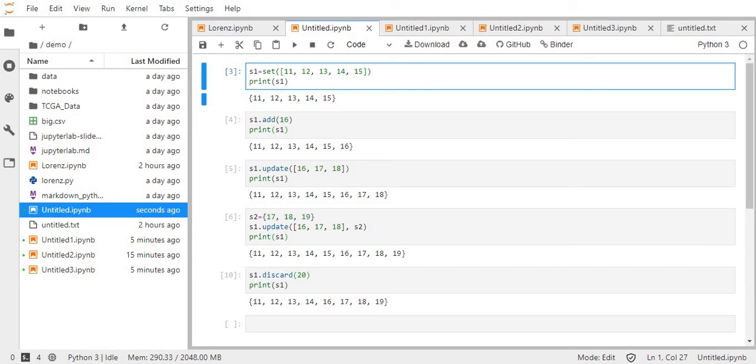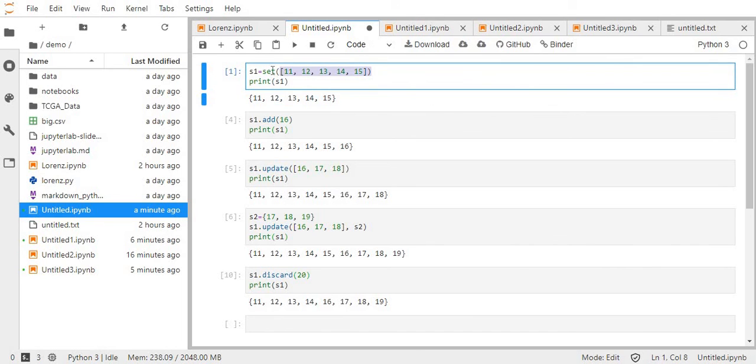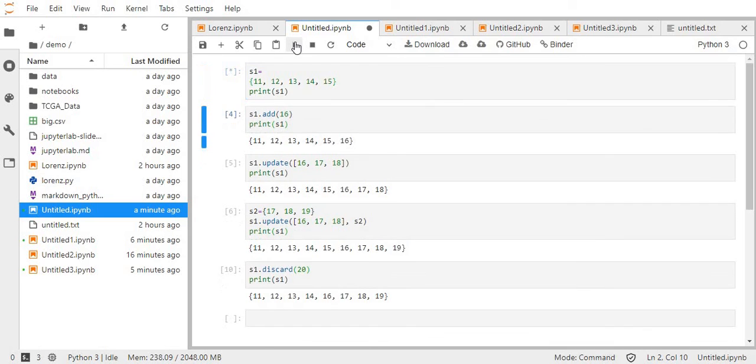So I have a set here that just takes numbers 11 to 15. Then I'm printing that out. By executing this command, I will get my output set. As you can see, my output set contains curly brackets instead of square brackets. So I can create a set by replacing the set function with these numbers inside the curly braces like this and still get the same result.